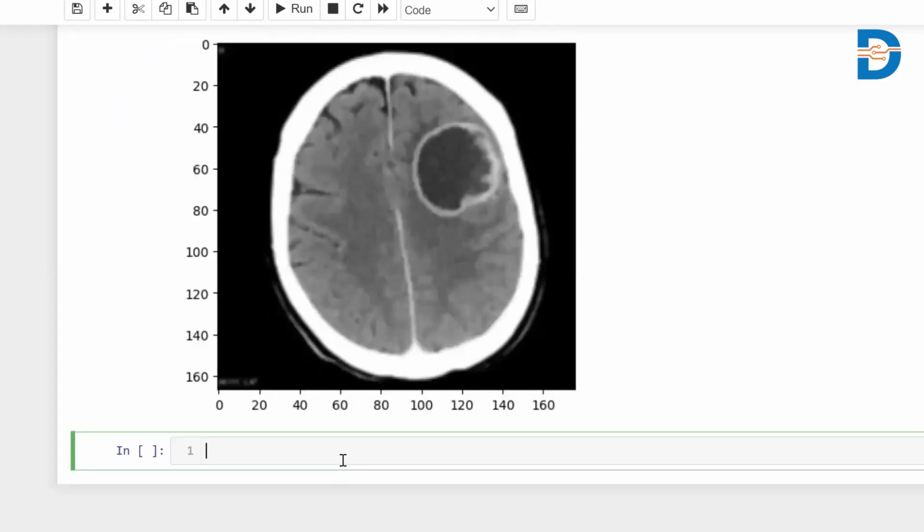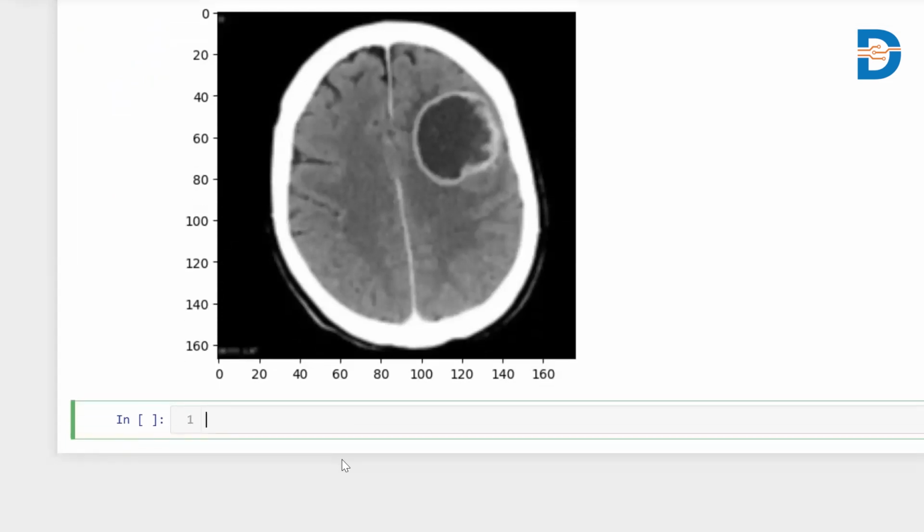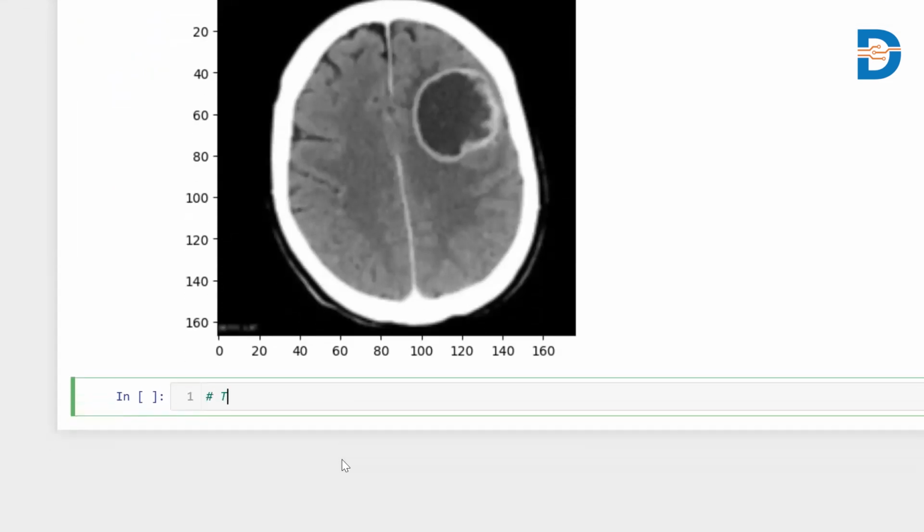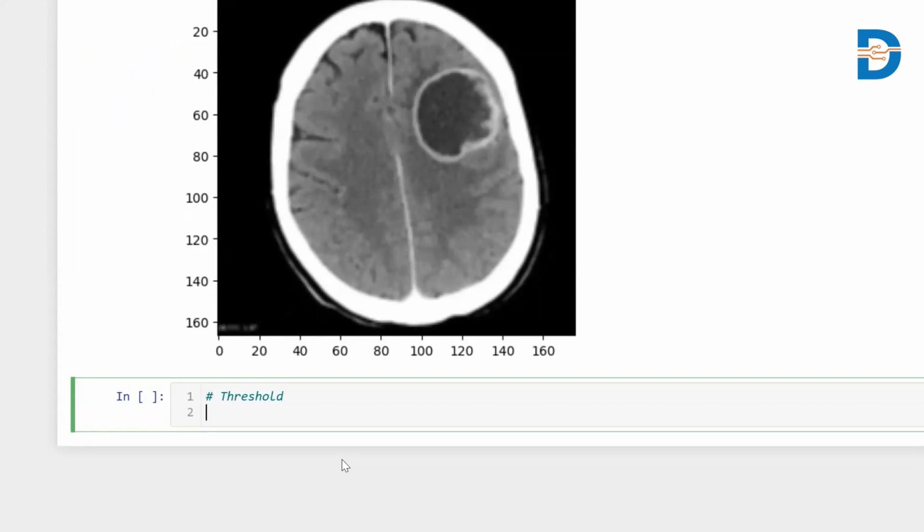And the next thing I'm going to do is threshold this image. Thresholding is a very important concept in machine learning. Why? Because thresholding will set a scale where when you cross a particular point, it will be completely white, or when you cross a particular point, it will be completely black. So I'm going to set a threshold in such a way that I'm going to see only the main material between this